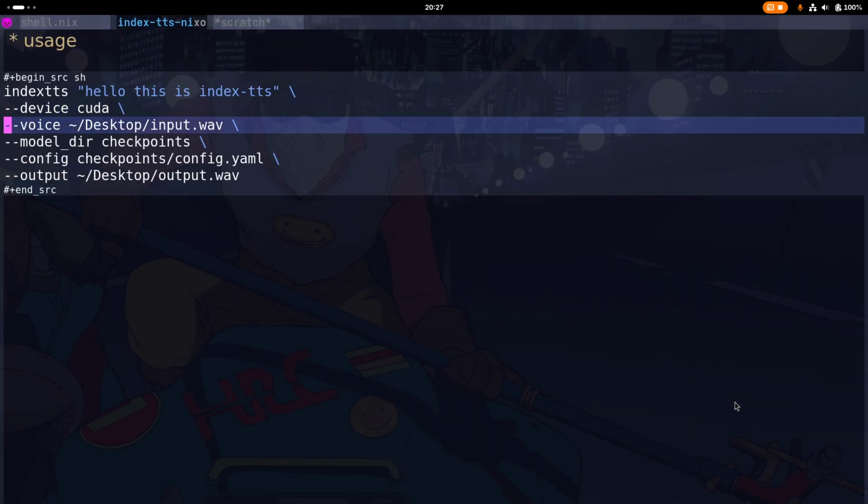So the next step is the voice option, and this is the voice that you're going to be using as the cloned input. So this is the audio that is going to be used to generate the voice. What you want to do is make sure that the audio is maybe about 30 seconds to a minute, no longer than that, otherwise it's going to throw an error. And as you'll see here, what we're doing is we're running this command